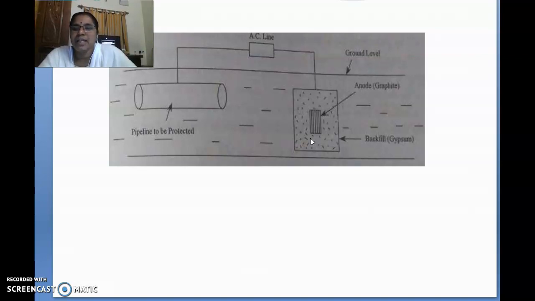One is the sacrificial anode. We have to choose the more anodic one relative to the base metal, one which has high oxidation potential, so that it sacrifices itself and protects the base metal. That is the first type. The second one is impressed current. We have to pass the impressed current so that the one which has to be protected is connected to the cathode, and obviously the anode is the inert one. These are the two types which come under cathodic protection.